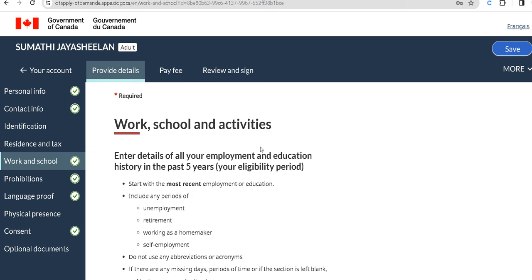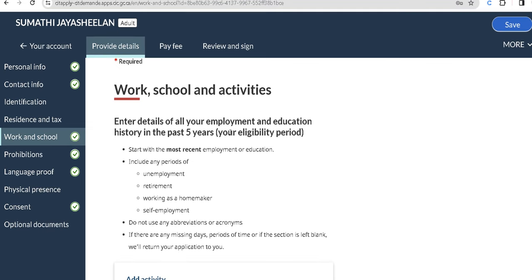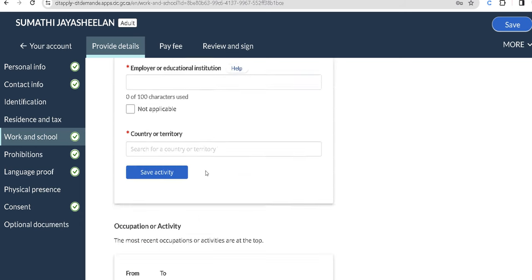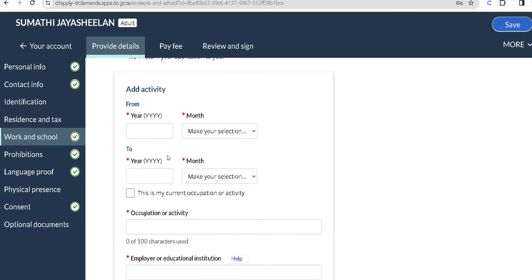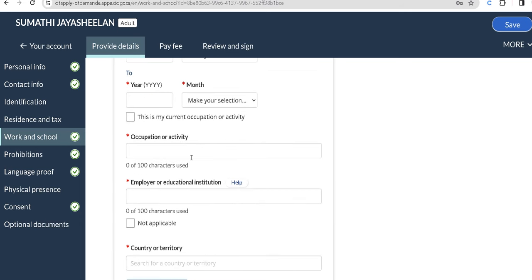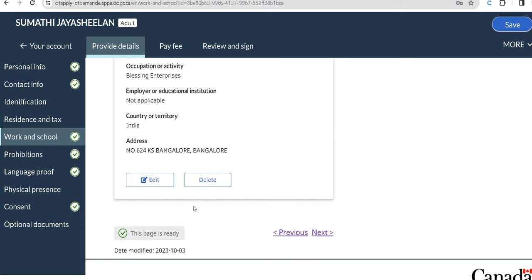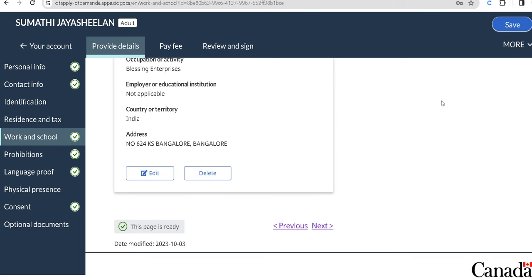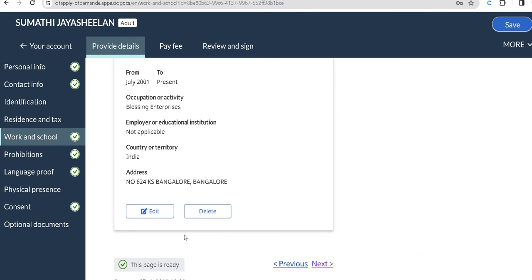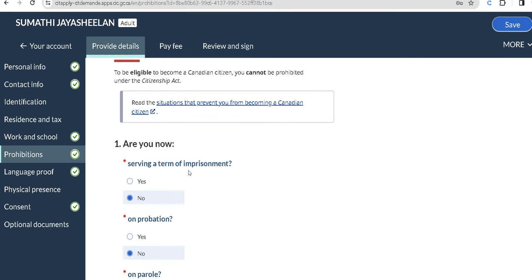So next comes work and school activities. Enter details of all your employment and educational history in the past 5 years. So you should be filling in all that information. I already filled in your occupation activities, which is since when I've been working for this. So here you can fill all those things, occupations or activities. Once you fill in that information, you have to save it. I already saved it. So next comes prohibitions. So prohibitions is, are you now serving a term of imprisonment